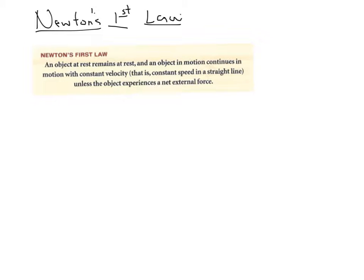All right, let's talk about Newton, Isaac Newton, who I introduced in the last video. I'm gonna talk about his first law. So he's got three famous laws. I'm sure you've heard about them, and they're actually very easy to understand. So I just want to go through the first law of motion here, and it says Newton's first law says